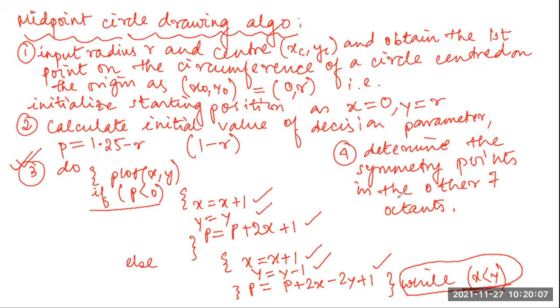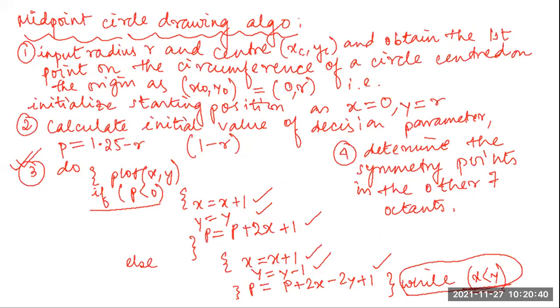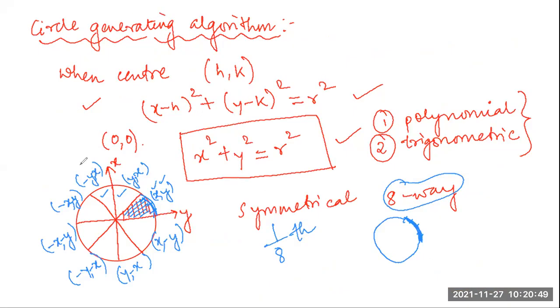While doing it in a program, this algorithm is run, and then the values of x and y you have, you use the put pixel function. You start from x, y, then you do put pixel y, x, then put pixel minus y, x, then put pixel minus x, y, then put pixel minus x, minus y. So 7 different lines or functions of put pixel you give, with the values of x and y for each quadrant.